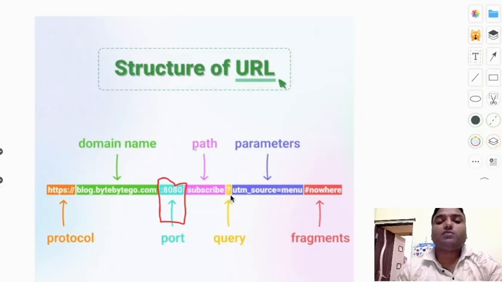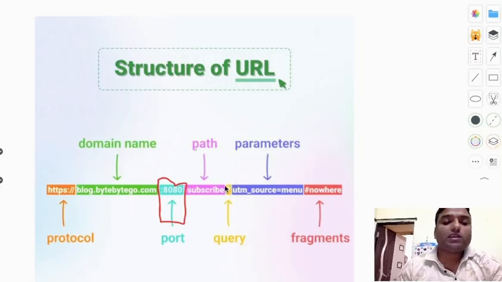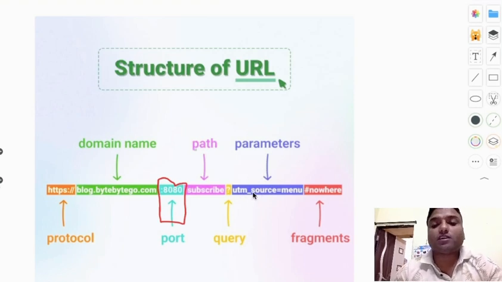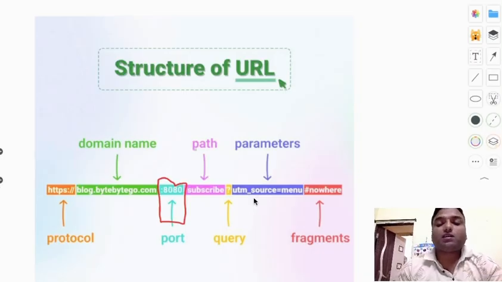Thereafter, whenever you see the question mark here, this question mark is the query string with a parameter. It always has a parameter. Whenever there is a query string, there will be some parameters, some information that we are passing to that page on the web server. Like we are asking here for utm underscore source equal to menu. This parameter is being passed to the web page. And at the end,